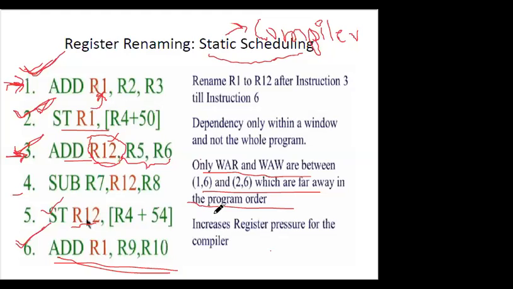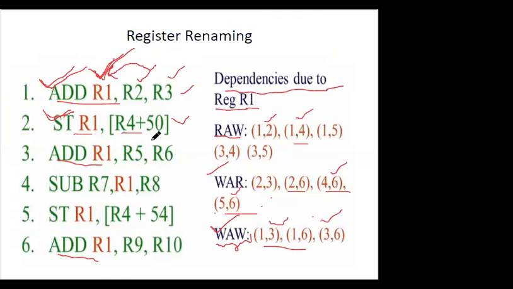What has not been addressed? The 1-6 dependency and the 2-6 dependency. So 1 is dependent upon 6. This R1 has a dependence on R2, the 1-6 dependency. This was a WAW dependency, write after write. Whichever one writes before the other will create a data hazard. So how can this be addressed? This was the first instruction to be fetched, and this was the last instruction to be fetched.